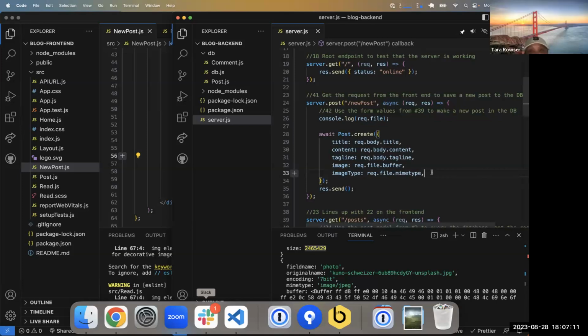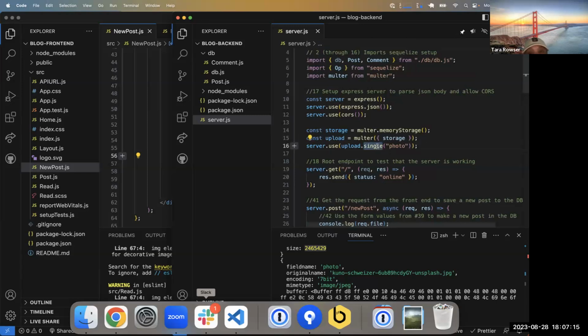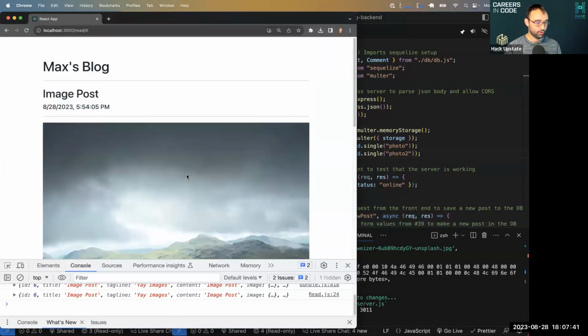Sorry, can I ask a question real quick? Yes. We specified single up there, but if we hadn't specified single, would we need to say multiple if they wanted to add more than one image at a time? I don't know that off the top of my head. I believe what you could do is add in something like photo 2, and that way it's looking for a single file in photo, and then it's looking for another single file in photo 2, because hypothetically in your create post,